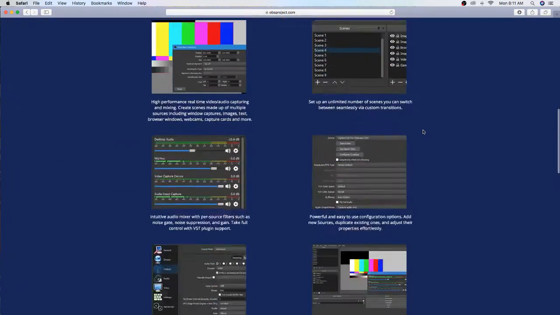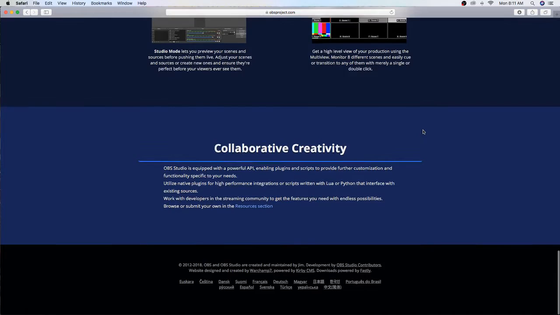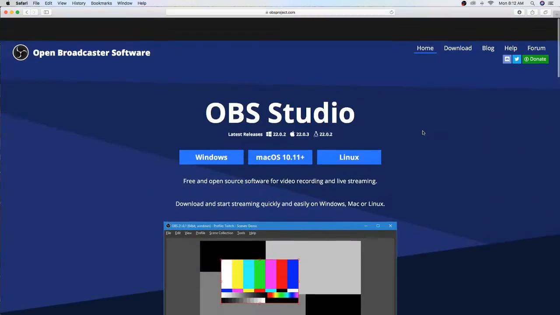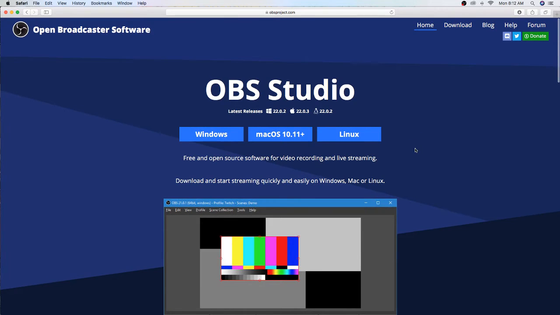I don't know if it will work for an Asus computer, but it might. It depends if you've got Windows and stuff like that. Open Broadcaster software, same thing. So you press on one of these, and you press on it and